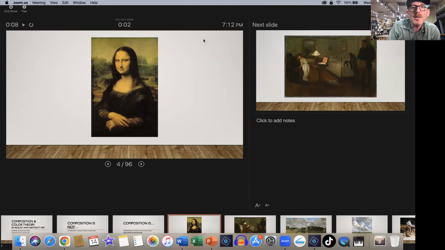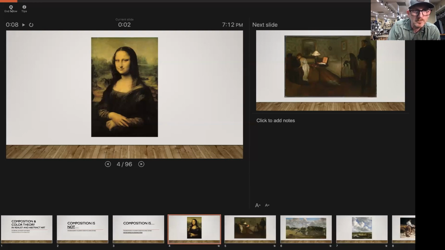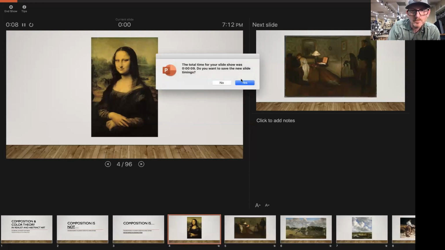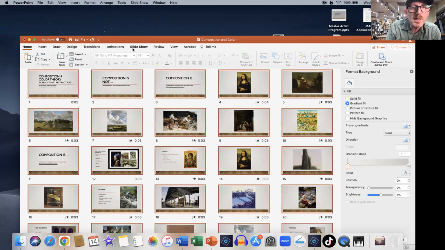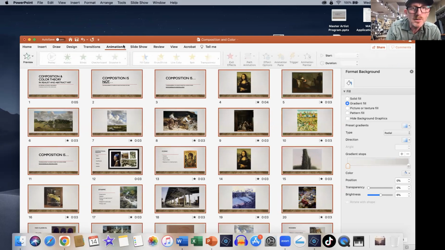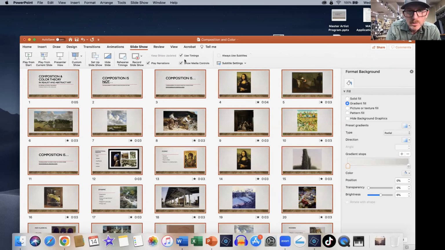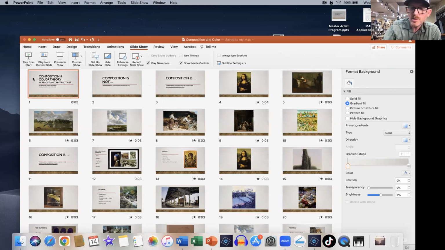Okay. I think the slides are split into sections. I'm just trying to defeat that little star right there. That's got all our timings in there, and I don't want the timings on there. So let me shut off all of our timings, all of our animations. Slideshow, no timings. All right, we're done. Hopefully that's good. All right, let's start that one more time.